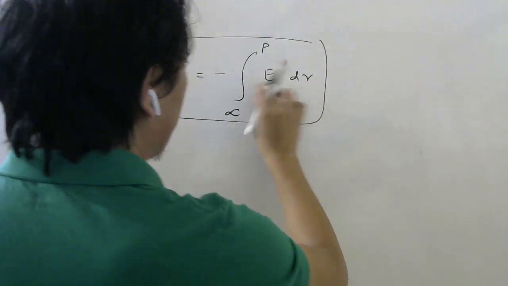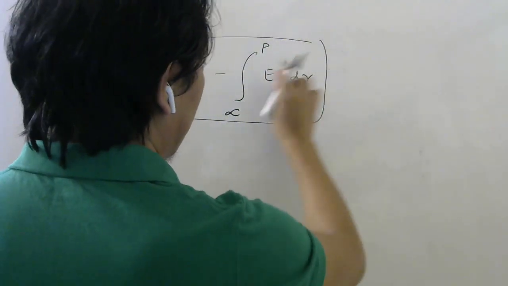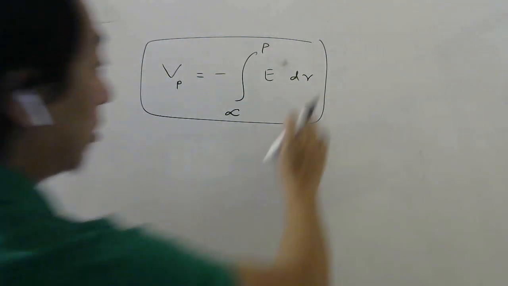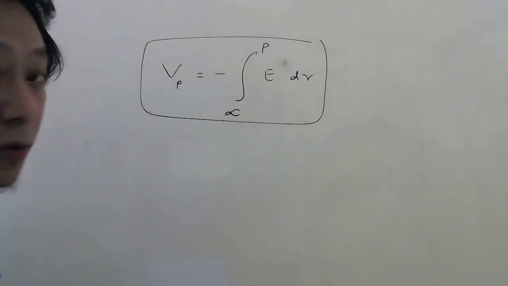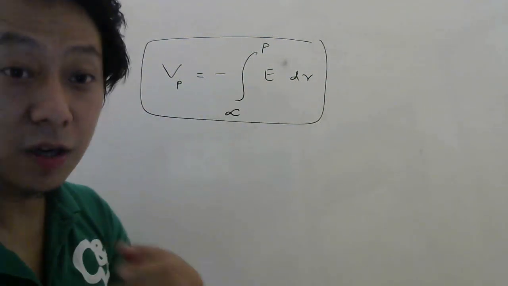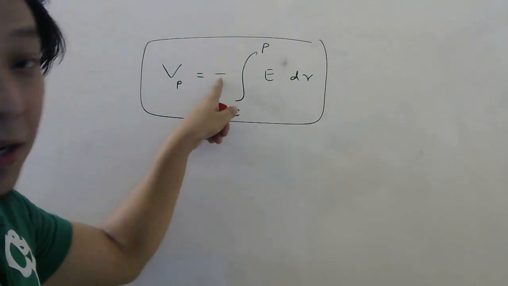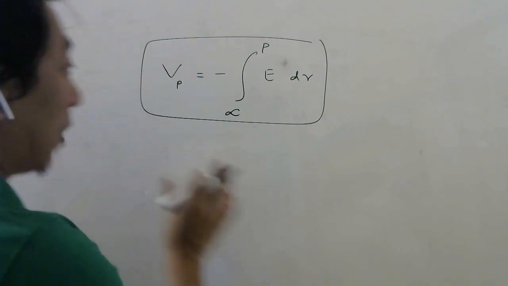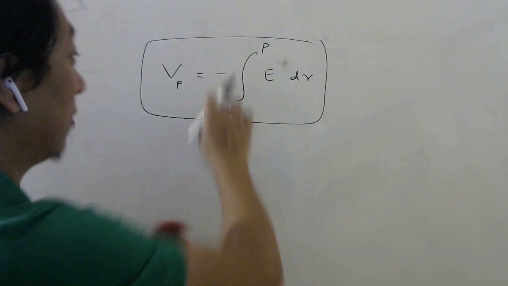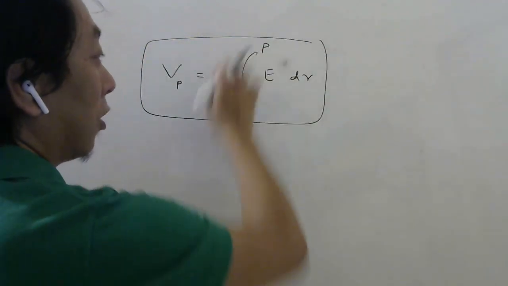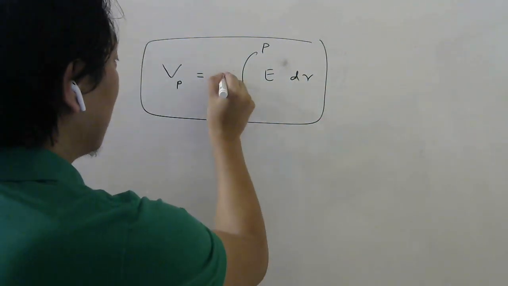I know I wrote dot product, but now I will not write it, because I will be taking the displacement in the direction of E. So that cos theta will be 1. And the negative sign is simply there to tell you that electric field is along decreasing potential. Electric field is from higher potential to lower potential. That is the meaning of this minus sign. Again, as I told you, while doing problems, you can forget about the minus. First find the difference, then you can forget the minus, find the potential at the point using this formula, then decide whether it is positive or negative. But let us include the minus right now.